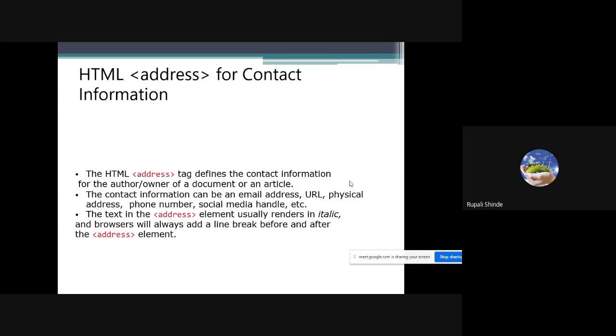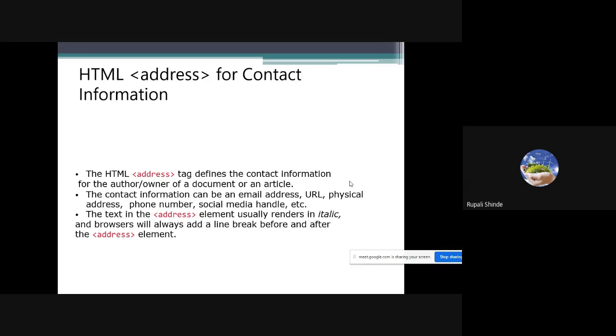Likewise, we can write a docstring in Python. With the help of a docstring, we explain the information regarding the class. Same here, with the help of address, we can give the information of that particular author or owner of the document. There is no need to write the information regarding the author or owner; you can write the address of any person and include it in any place in the web page.